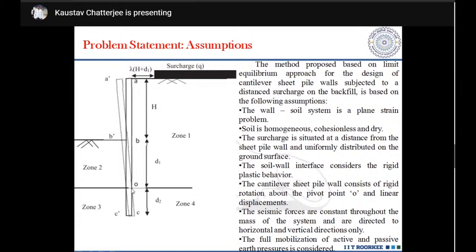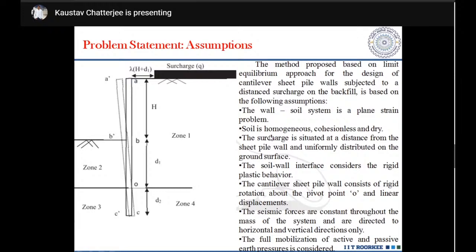Come to that point O, rather below the point O. In this zone 3, the wall is moving away from the soil. So again, this represents an active condition, whereas this wall is moving towards the soil in zone 4, and that represents my passive condition. So basically, whatever is the condition above the point of rotation O, below it the condition is simply reversed. Okay, this is something that we should take into account.